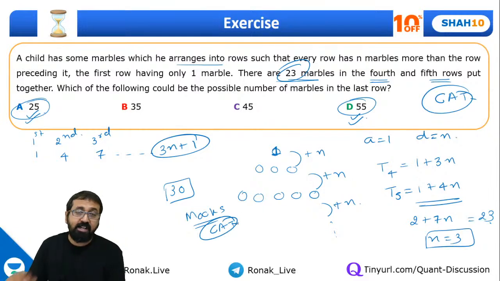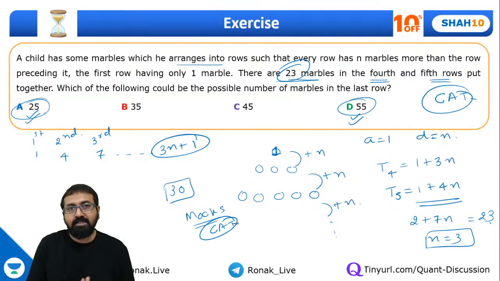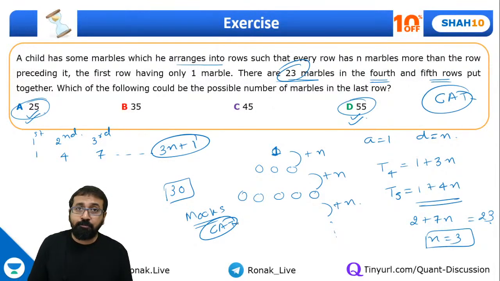The mocks that we are writing every month, of course, we are not writing only CAT. I always recommend you to write at least 2 mocks of other exams than CAT. One should be SNAP, another should be NMAT, or one CET, another NMAT, and so on and so forth. Make sure that you are not putting all your eggs in a single basket, that is CAT. Don't do it. Okay? Please check other exams also. Every person has different skills and capabilities. You may not perform very well in CAT, but you may perform superbly in SNAP.